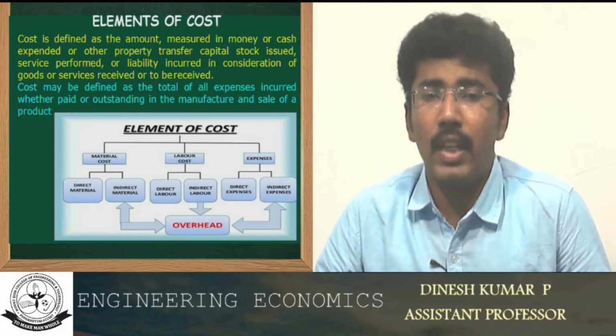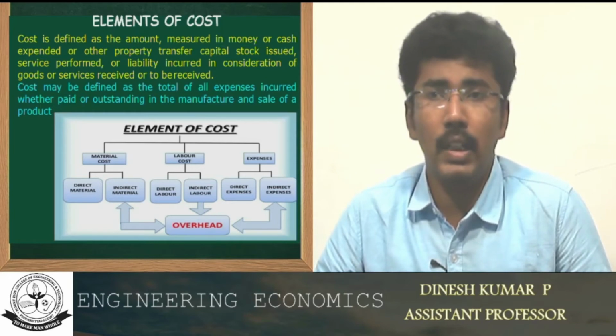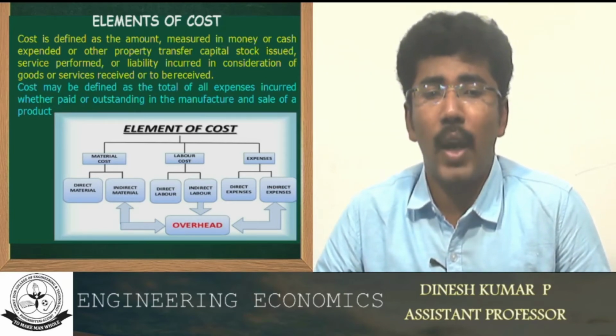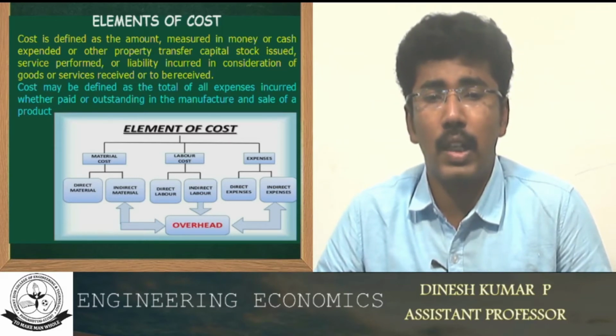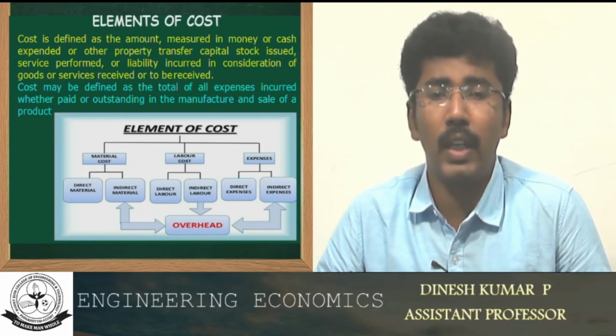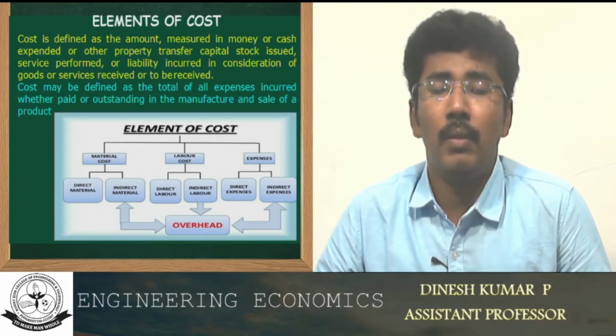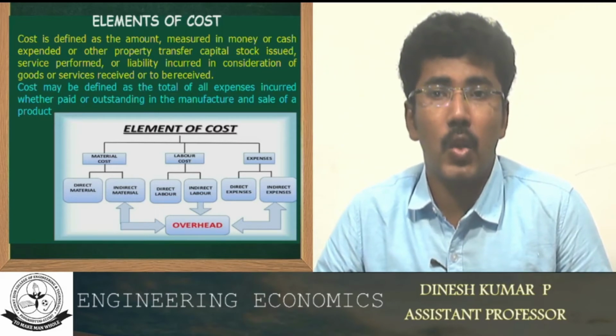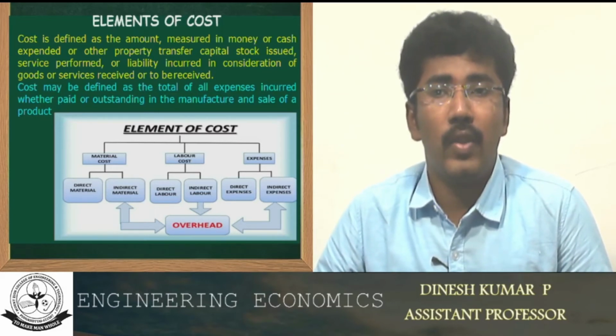The elements of cost are further classified as material cost, labor cost and expenses. Material cost is further classified into two types: the first one is direct material cost and the second is indirect material cost. Direct material cost is the cost of the raw material. Indirect material cost is material cost that is indirectly involved, such as oil or waste material used for the